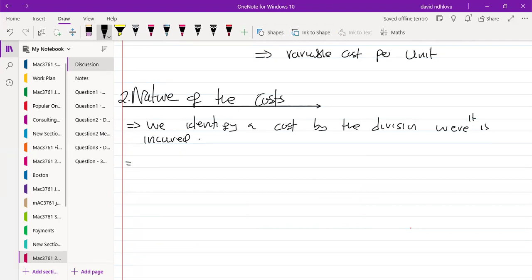So what happens is that where it is incurred in the organogram, in the organizational structure of the entity. So we then say for this classification,